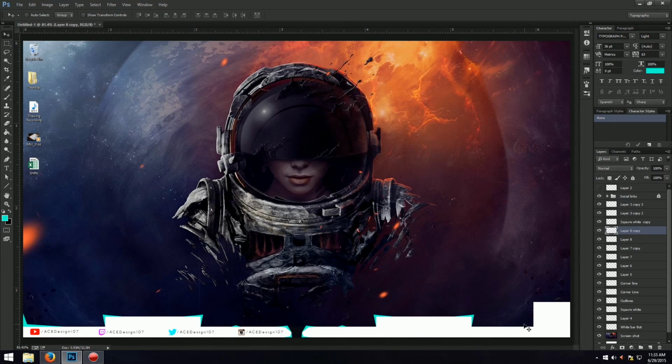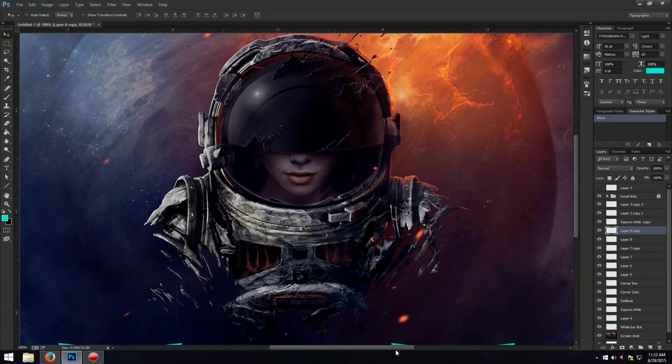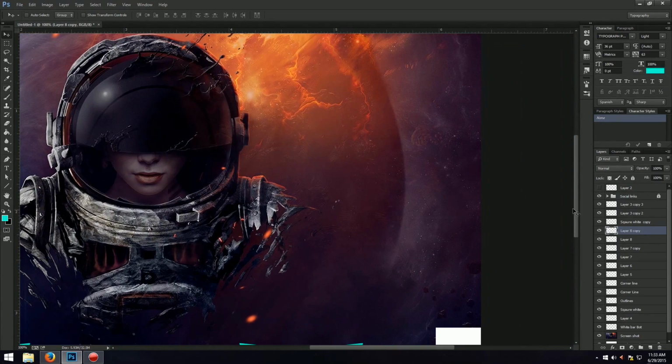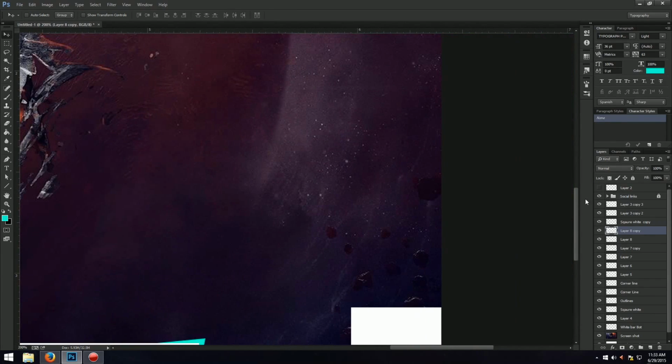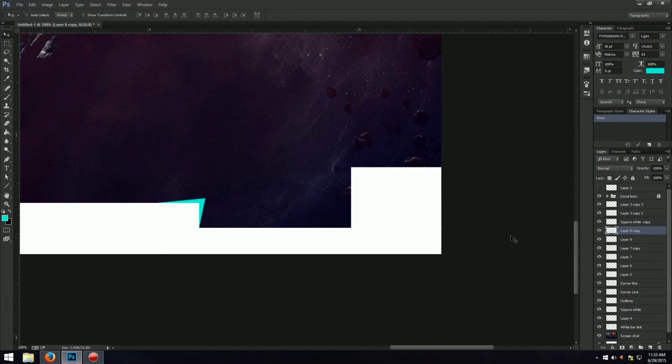So now I'm gonna just add in some final lines on this rectangle. I'm going to add in these final lines, and then I'll show you how to make a cool backing for this. So I'm going to go here,